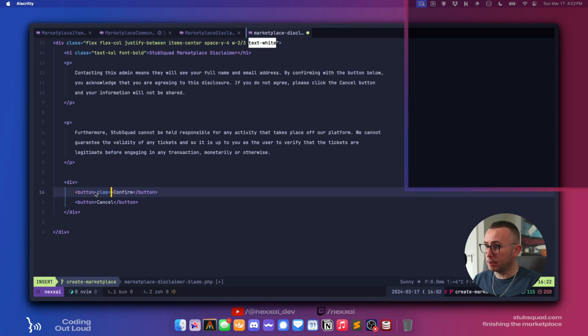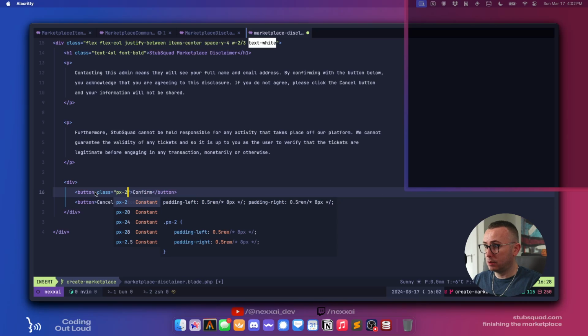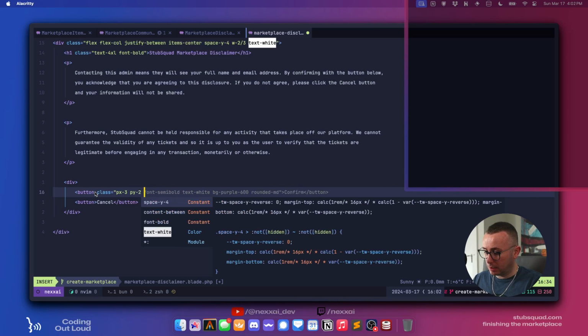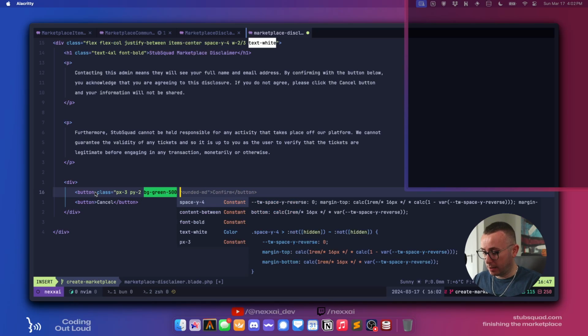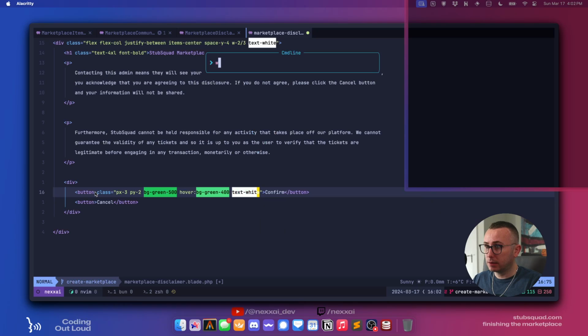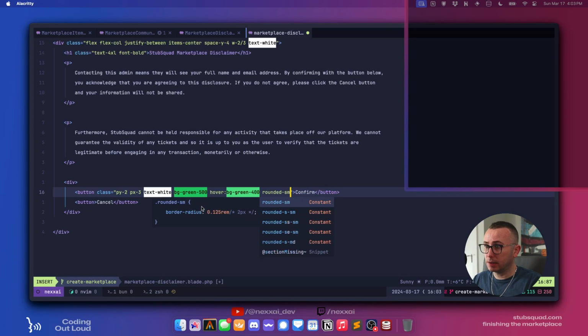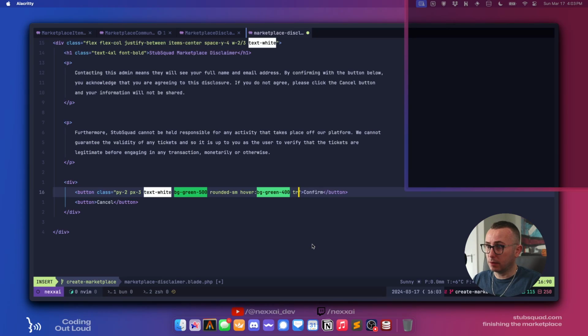So class is going to be px-3 py-2 bg-green-500 hover:bg-green-400 text-white rounded-sm and transition.